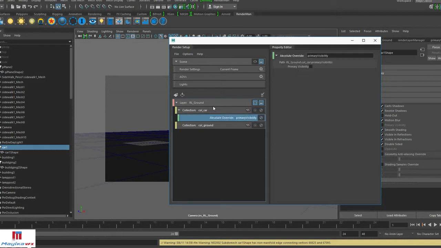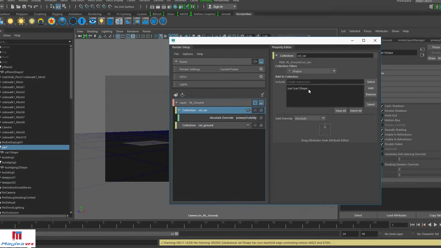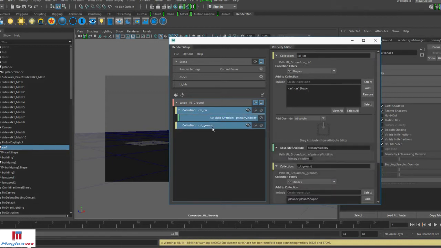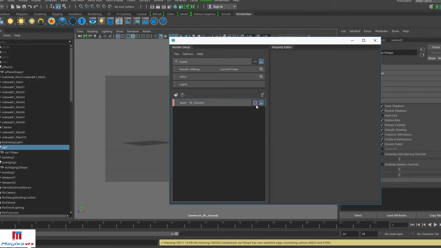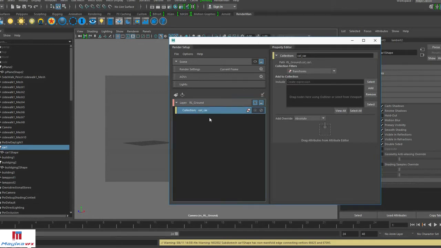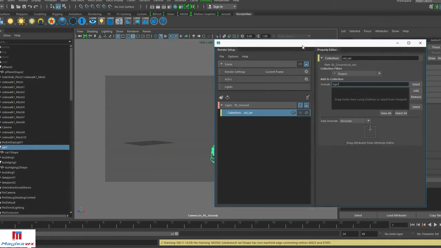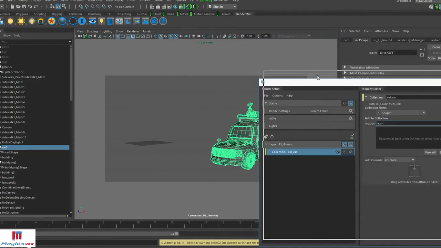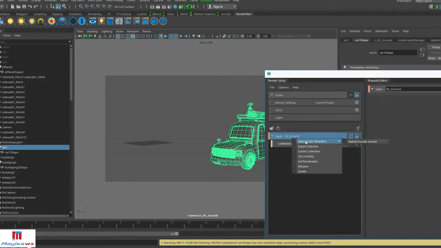Here we created a collection based on the objects, and we can actually create collections based on wildcards as well. So let's refresh this and create a new collection. So here we can add shape based collection, and here we can write star car star. That means it's a wildcard. Wherever you find car, it will add up. So this is useful in a lot of scenarios. Now you can see this car is added.